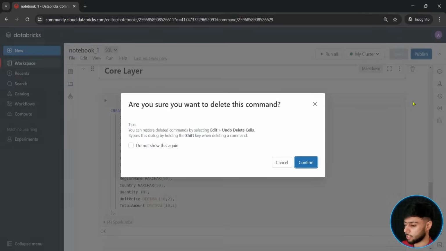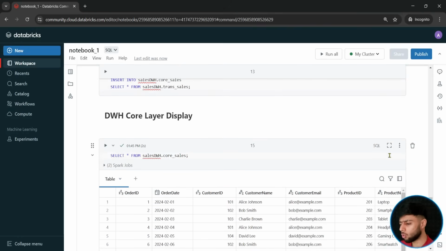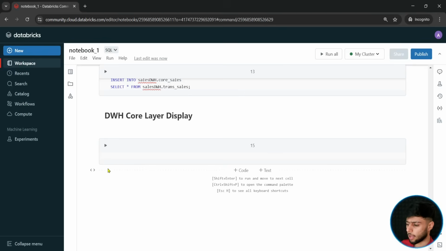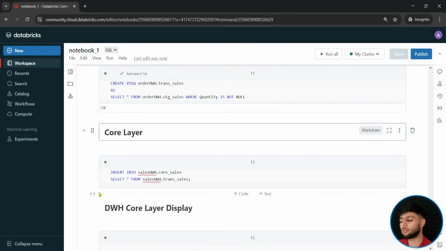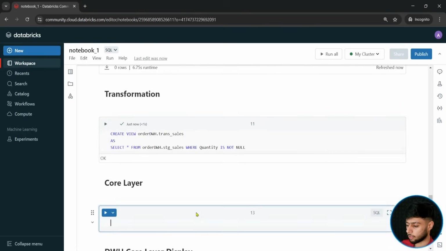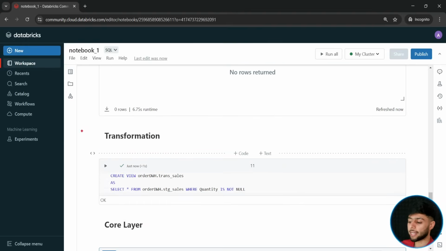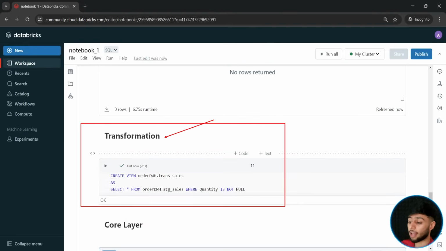Exactly. So let me just click on this delete button. So now, as you know, let me just delete this as well. Now, as you know, our transformation layer is ready. Okay, now let me just delete this as well. Yes, and let me just delete this as well. Perfect. Now, as we know that our data warehouse is ready till transformation layer, but now we will be just